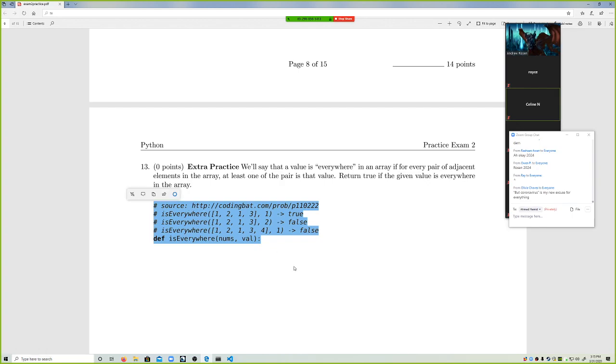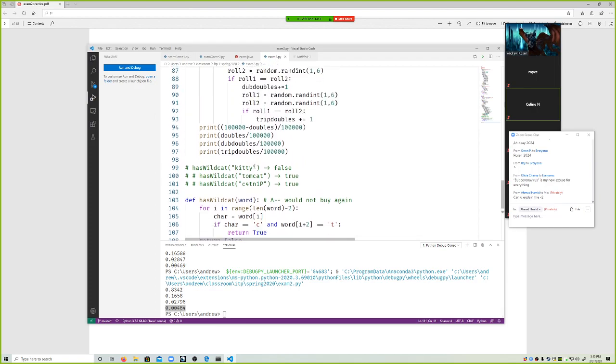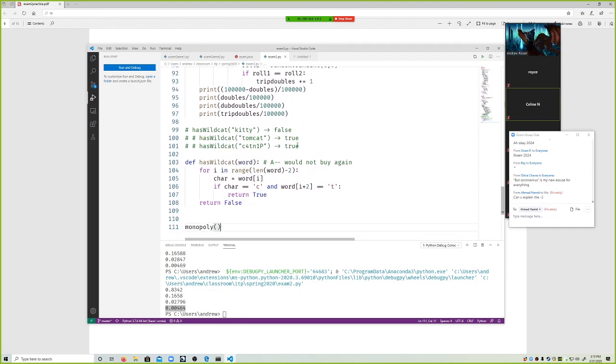So we say a value is everywhere if for every pair of adjacent elements in the array, at least one of the pair is that value. Okay, so yes, the -2. I think I got sidetracked from there. The -2, because I'm looking 2 ahead,